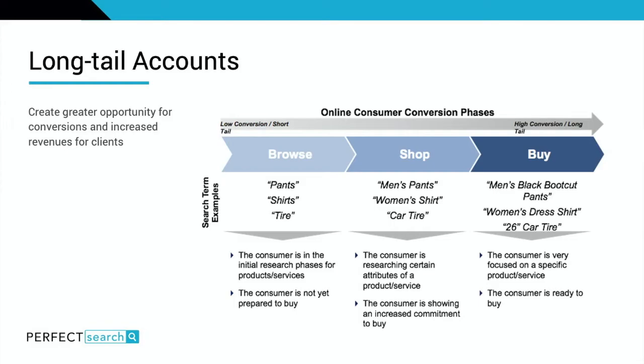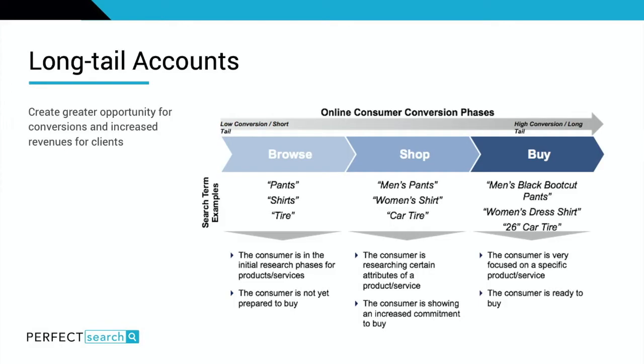phase, they might be searching for things like pants or shirts or tires. When they're in the shopping phase, they might be searching for men's pants, women's shirt, car tire. And then finally, when they're ready to buy, they're going to be using those longer tail keywords. So for example, men's black boot cut pants, or women's dress shirt, or 26-inch car tire. So again, really important that you're targeting those long tail keywords as well as your core keywords to hit users